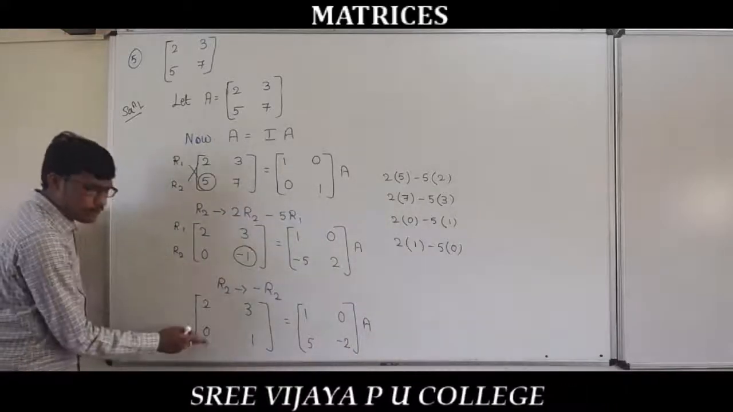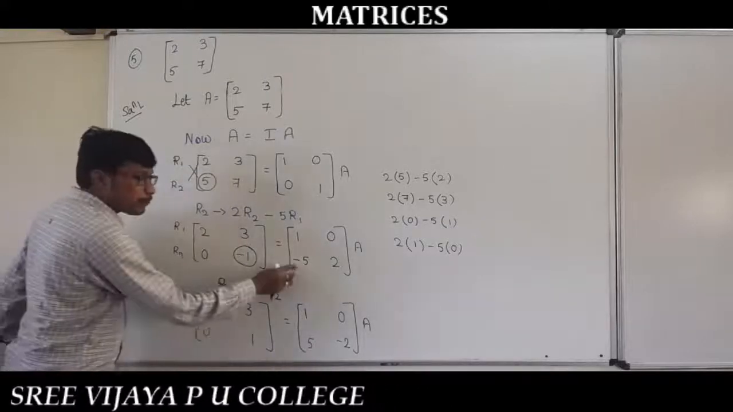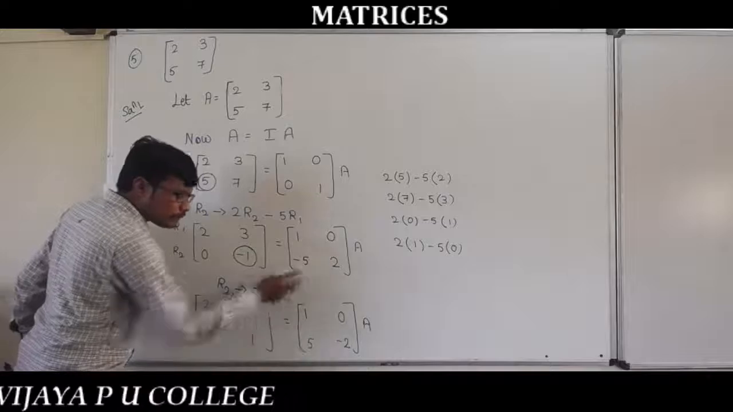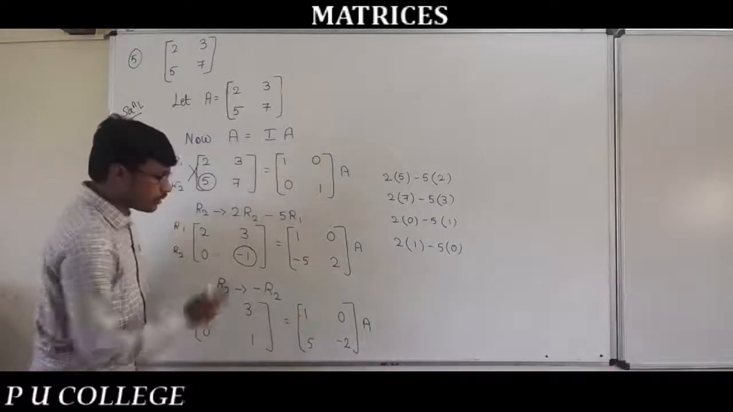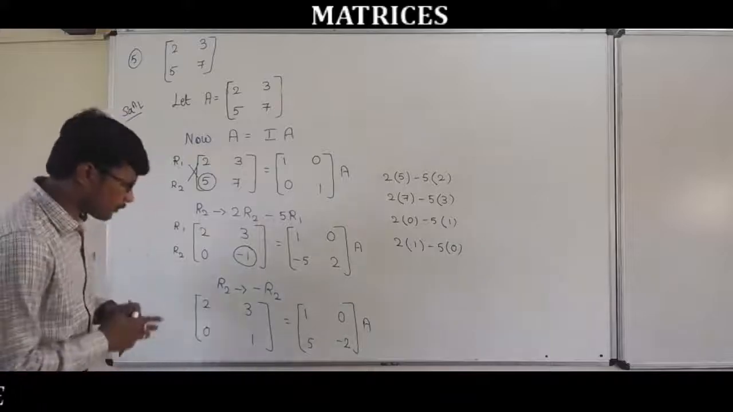Or if you divide by minus 1, it is also the same. 0 by minus 1 is 0. Minus 1 by minus 1 is 1. Minus 5 by minus 1 is 5. 2 by minus 1 is minus 2. That's it. If you multiply by minus or divide by minus 1, both are the same. Okay. Next,